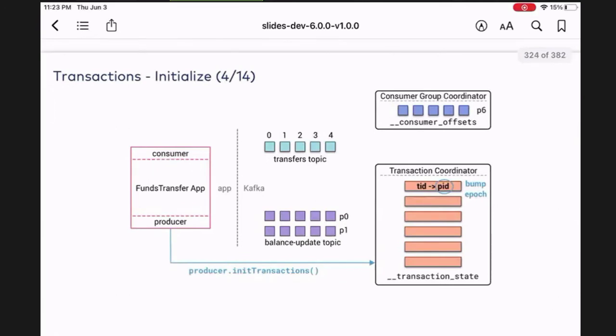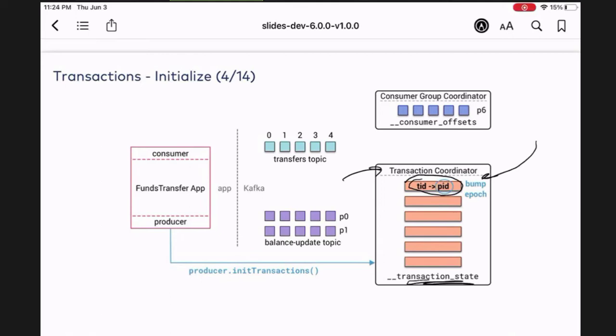In the producer API, we note that producers always have a producer ID, but now we also have a transactional ID. When the producer connects to the transaction coordinator, this is a very important part. The transaction coordinator will record: hey, look, you have this transactional ID, and here's your producer ID. Then it says, okay, I see you're registering, and I'm going to tie your transactional ID to your producer ID, and I'll write it into this transaction state topic.